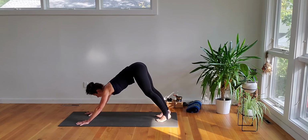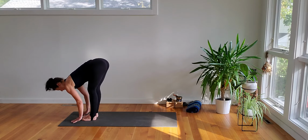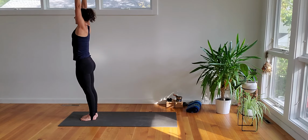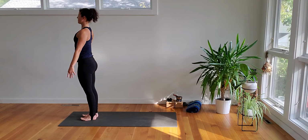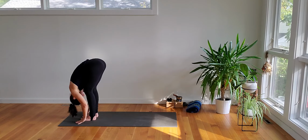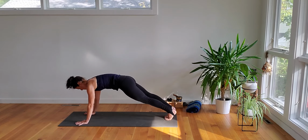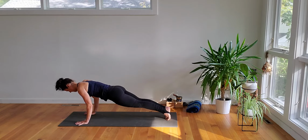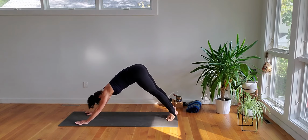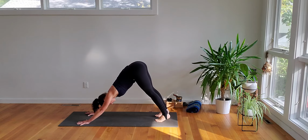Inhale, look forward. Exhale, feet to your hands. Inhale, flat back. Exhale, fold. Inhale, rise up. Exhale, mountain pose. One more round. Inhale, begin. Exhale, forward fold. Inhale, flat back. Exhale, plank. Inhale here. Exhale, descend. Inhale, up dog or cobra. Exhale, down dog. Good. In this down dog, walk your feet maybe 2 inches closer to the hands than you